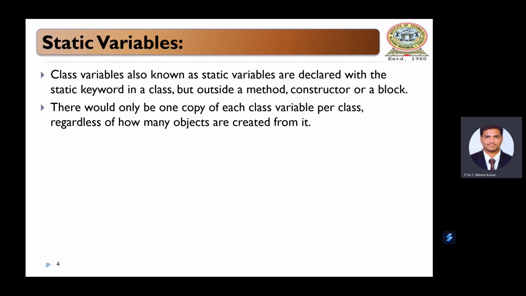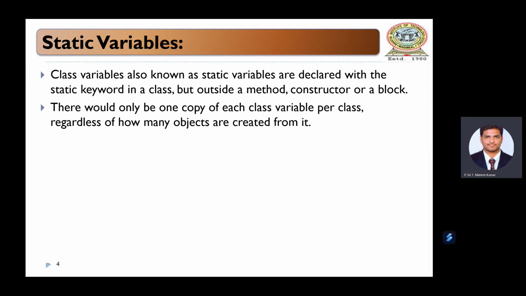What do you mean by static variables? Already we are familiar with C language, where we learned static variables are the variables which are declared by using the keyword static, and the memory is allocated for them only one time. So in Java also, we create static variables by using the static keyword. And these static variables are called class variables. So these are going to be declared